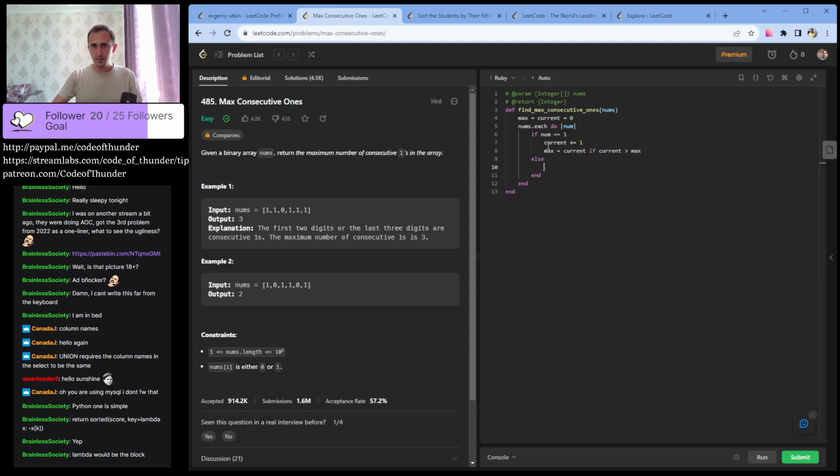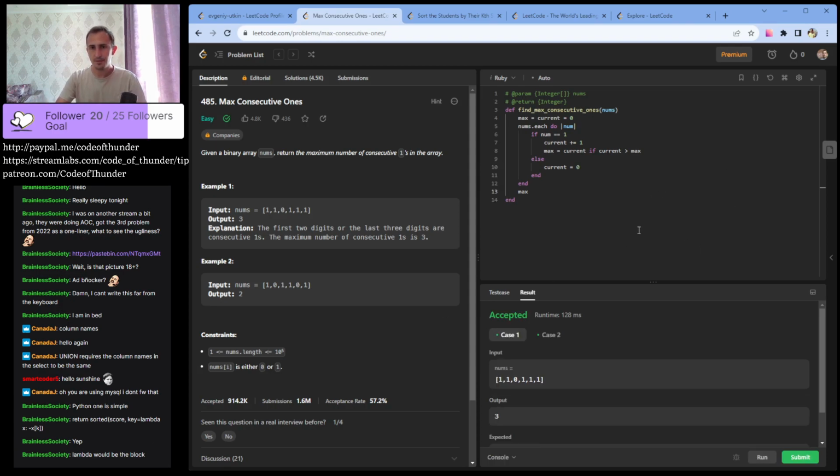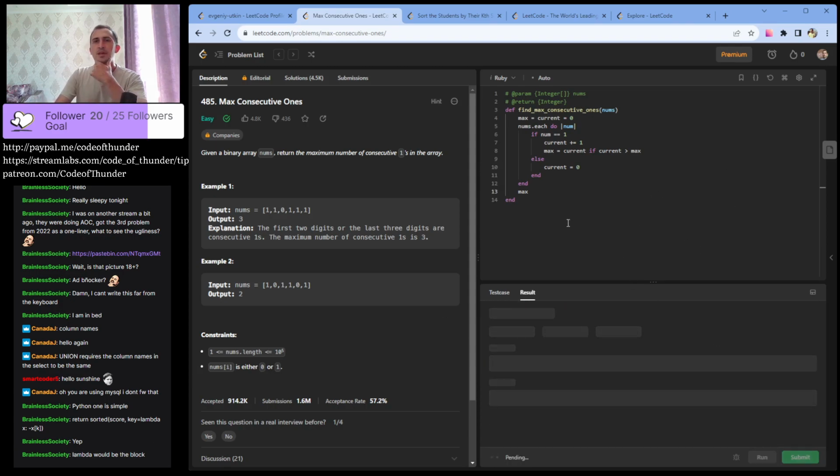And if we have a 0, we want to set current to 0, and that's it. The simplest problem, but let's try to create a one-liner. Yes, lambda would be the block, exactly right. And one-liner, of course, is somewhat awkward,